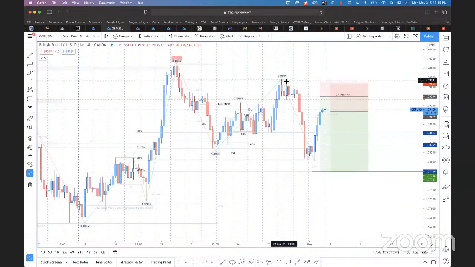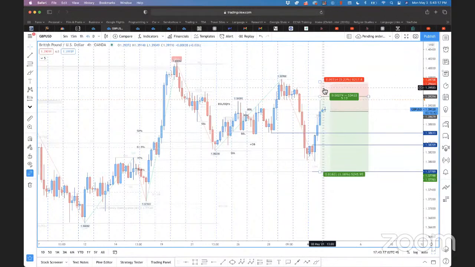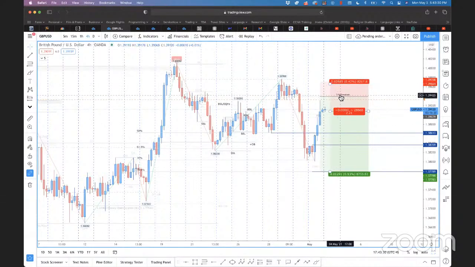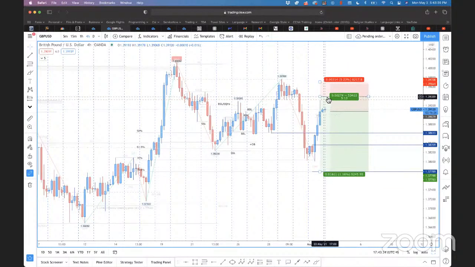At worst case, if I go into drawdown, I'm looking at about 30 pips. But I know I'm in an area where it's traded off before and it has the potential to reject. So if I get this trade the way that I'm looking for it right now, and even if I had to take this entry,